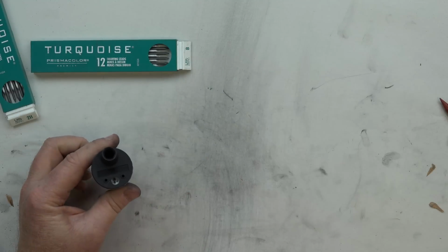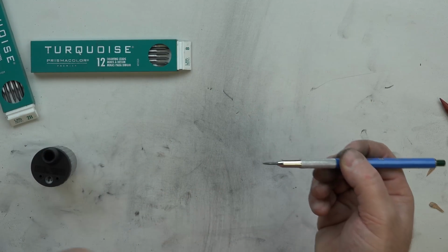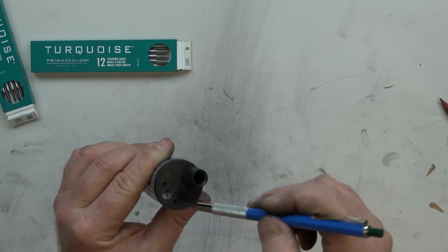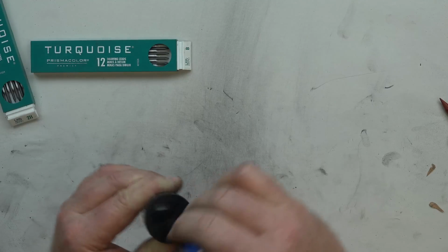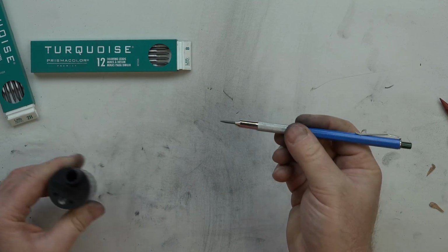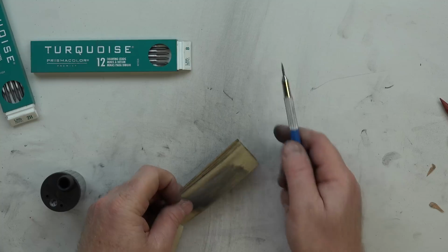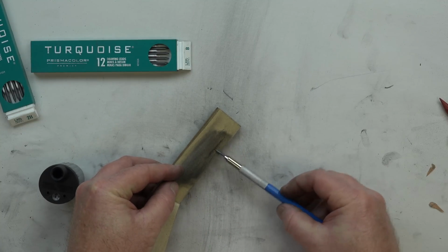Then you open it up, and you get what is a pretty nice fine point. Then it comes with this little felt tip pad thing, and you stick that in there. It takes the little shavings off. And now I could go a little bit further and sharpen even more. And that gets me a pretty fine point. And if I feel like I need more of a fine point, what do I do? I go right back to my trusty sandpaper pad, and I can